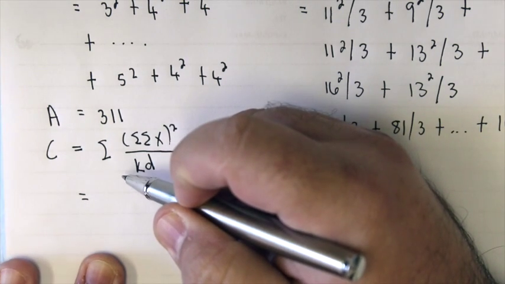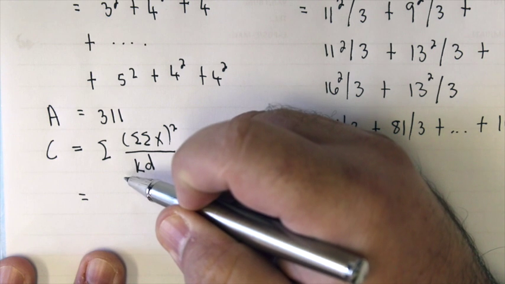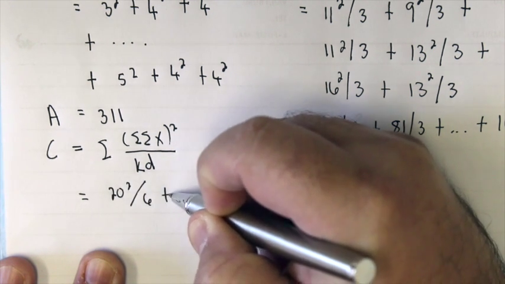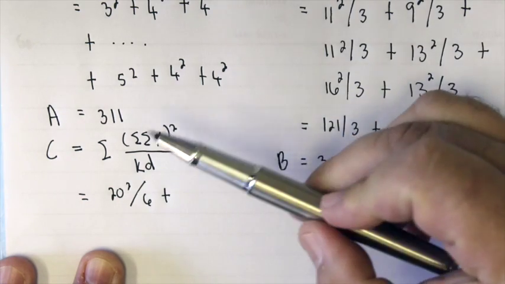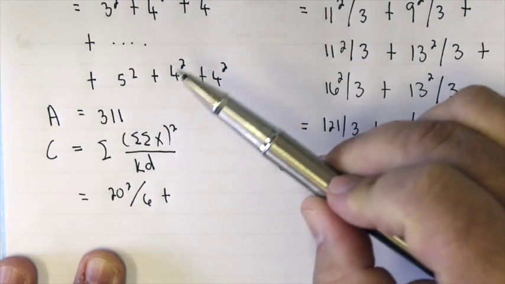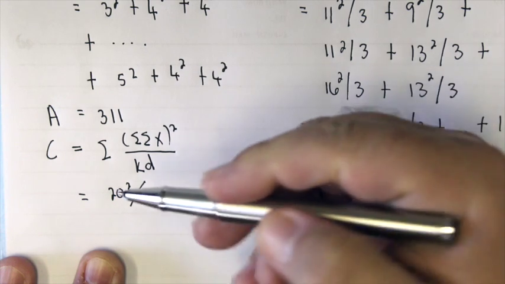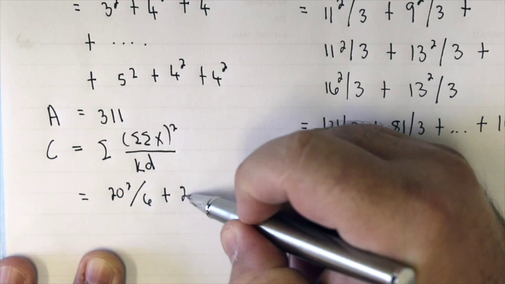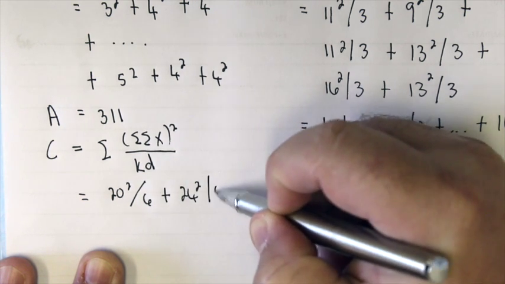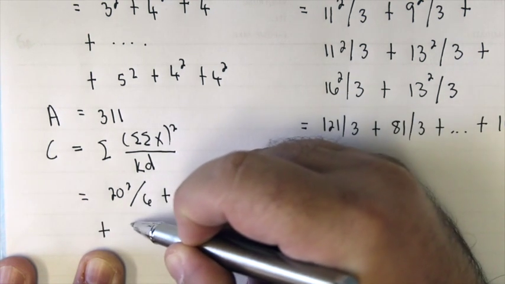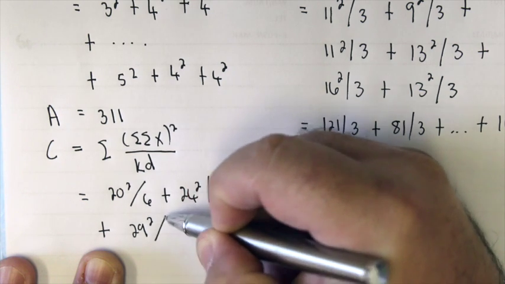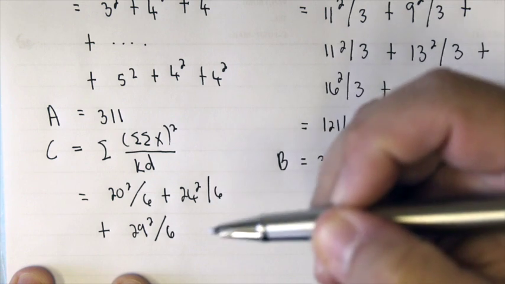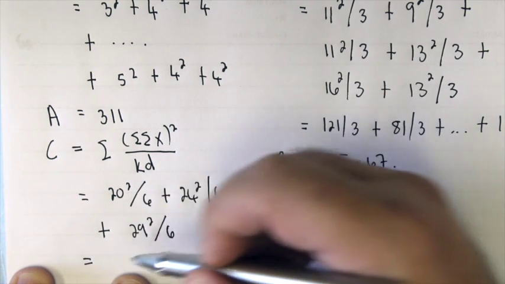So it's straightforward: 20 to the power 2 divided by 6, and remember you have 3 sire groupings, so it will be 3 terms. It's 20 to the power 2 divided by 6 plus 24 to the power 2 divided by 6 plus 29 to the power 2 divided by 6, and that gives us